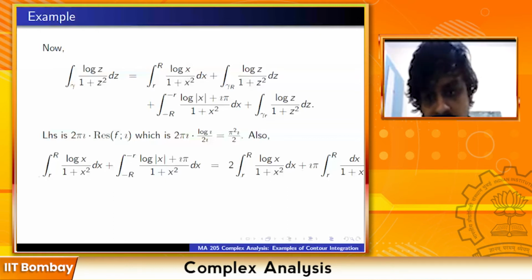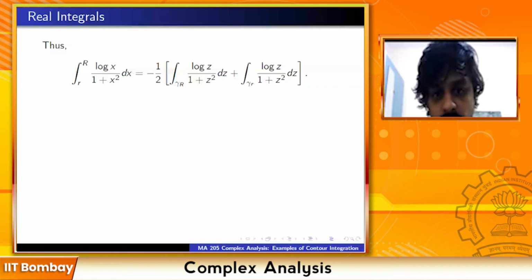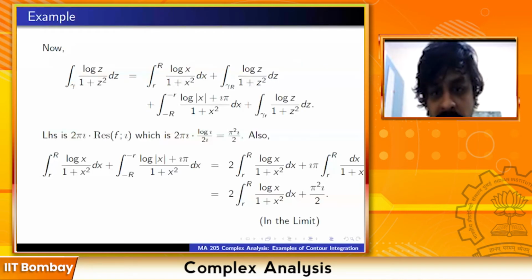The only little typo is that at the very end it should be i pi times the integral from little r to capital R of dx upon 1 plus x square. The square has gone; I will make that correction. So this is equal to 2 times the integral from little r to capital R of log x dx upon 1 plus x square, plus i pi times the integral of 1 by 1 plus x square,